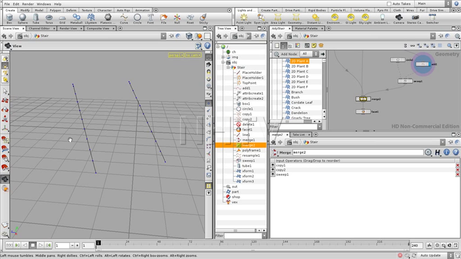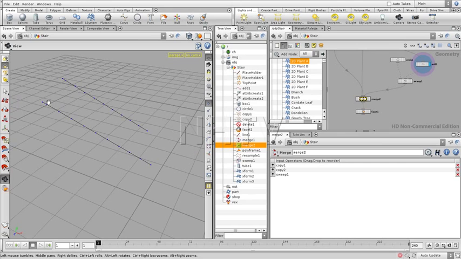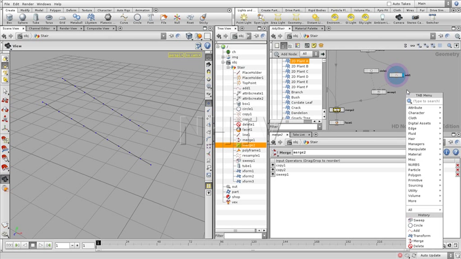So just one thing that I need to fix first is all these points in between. We don't need them anymore. We need to get rid of them. Now what we can do for that is use a refine node. And the refine works in two directions. It works as either a system to subdivide a spline or a curve, but you can also use it to clean up a curve. It has two functions inside the refine node. So press tab, refine,